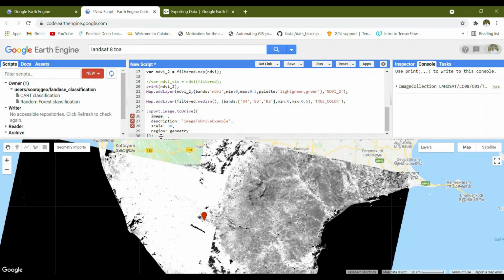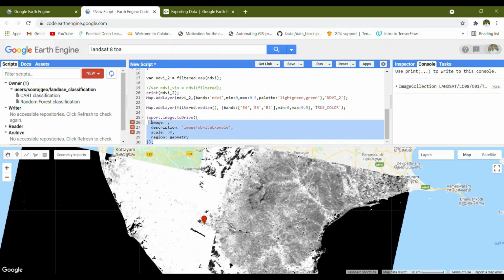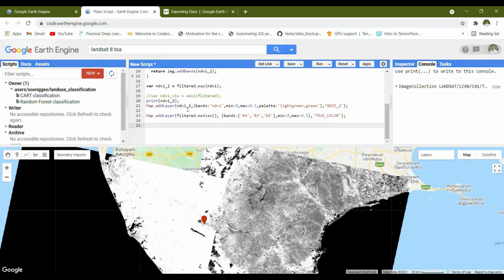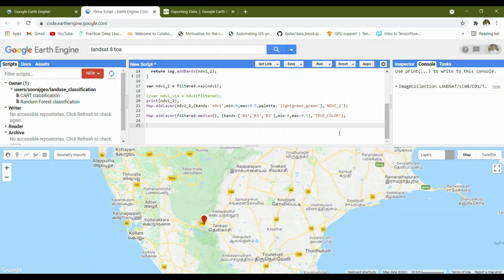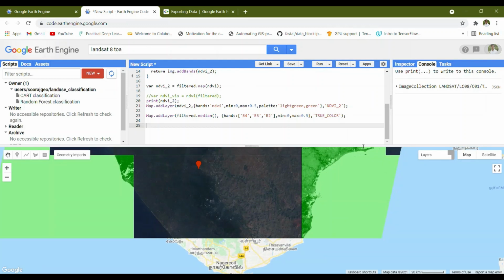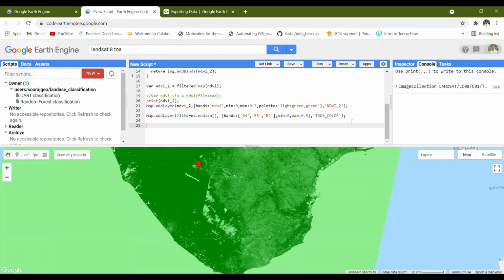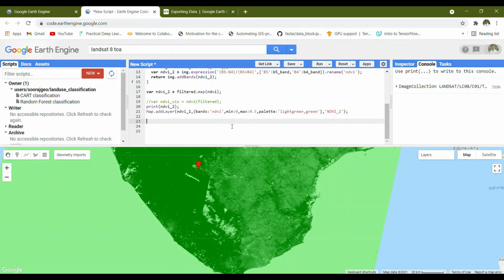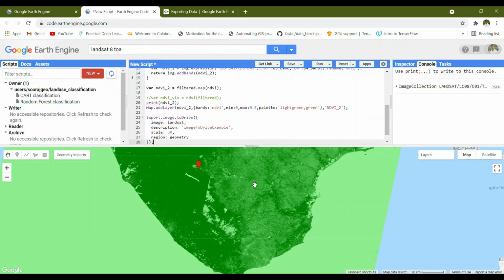Just I will delete it now here. Let's run. What is this one? NDVI image here. No, I don't need this true color which will contain. Just delete this one. NDVI2. Okay, then if I press this one, image, NDVI2,